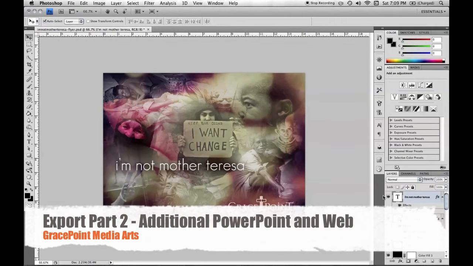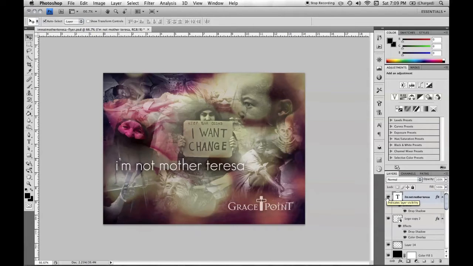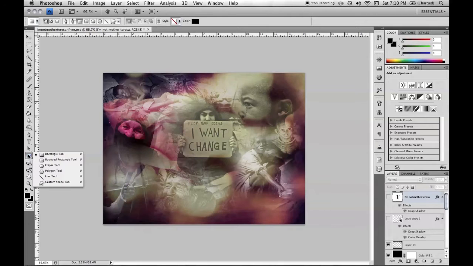Now what you're going to want to do is create a black slide or a darker slide for Steve to use to put text and images over. So I'm going to hide this image by clicking on the little eyeball here that makes it invisible. I'm hiding the different text here. And what I'm going to do is make a black rectangle using the rectangle tool here, which is actually the